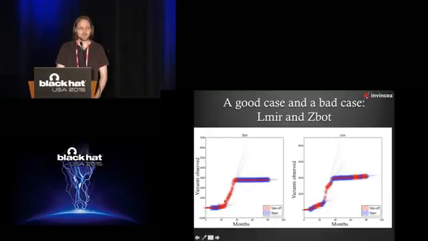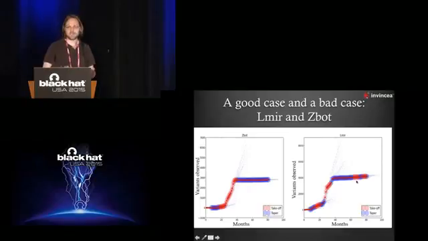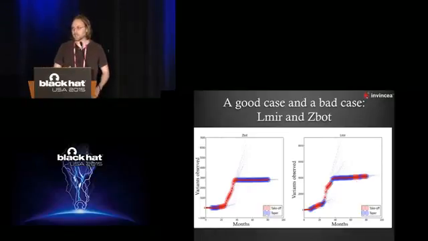So that's a good example. Here's a bad example where our approach is failing, right? So this family LMIR, which I don't know much about, but we have data for. Here we predicted it was taking off right here, and we were wrong. That was a false positive, right? But then we predicted it was taking off here. We were a little late, right? But that was definitely a true positive. And then we have some false positives over here. We have some parameters on our algorithm that tune the sensitivity. That controls it. We can get fewer false positives if we're willing to give an alarm late and that kind of thing. But there's definitely